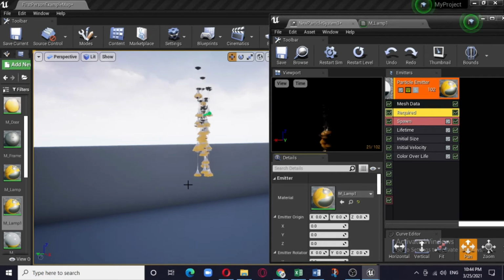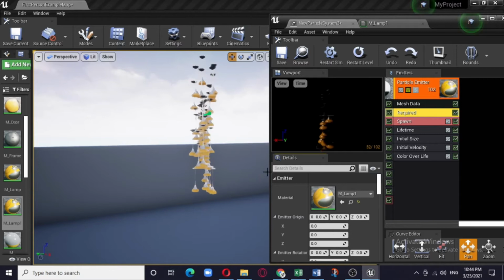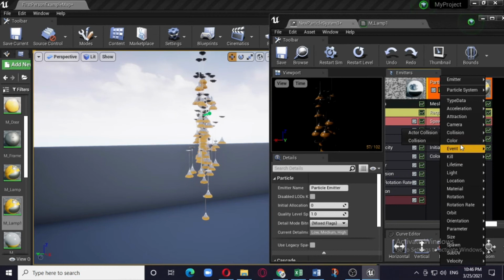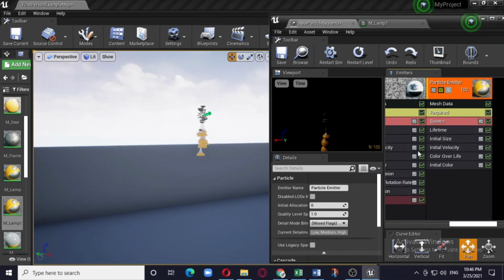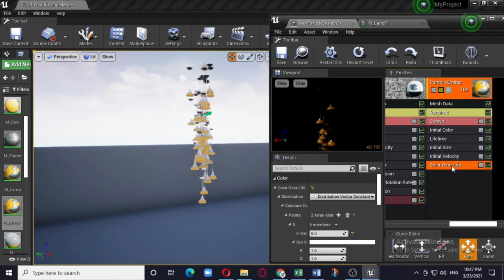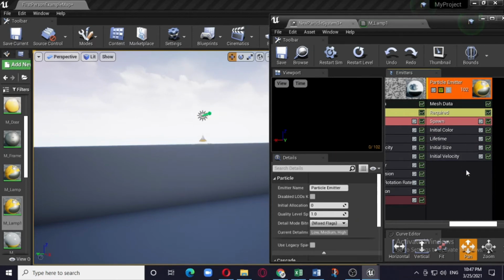Now what you can see is it is still coming like the way it was earlier. Okay, now what you have to get is the color. That is what you can control. So you have two color controlling modules. One is the color over life and another is the initial color. So you need to take it up so that this color prevails. Now you can see it is not happening. Why is it not happening? Possibly because there is something called color over life. So delete this module and keep the initial color.